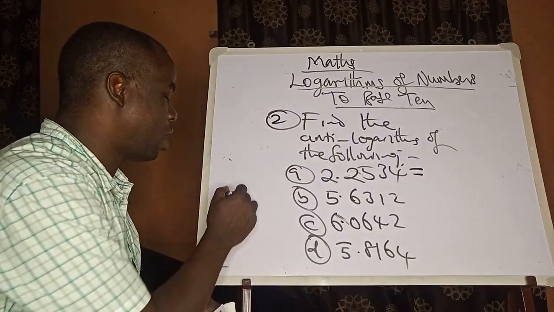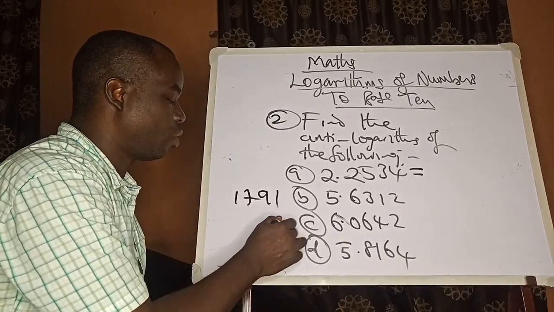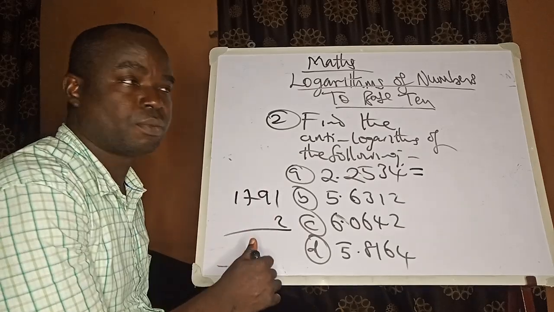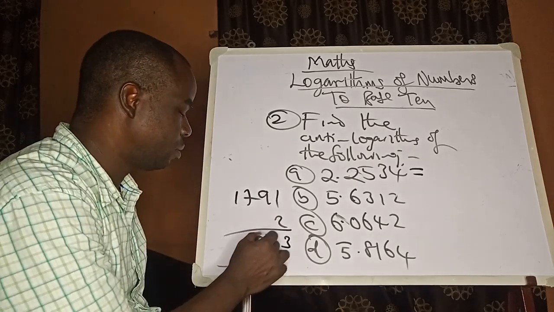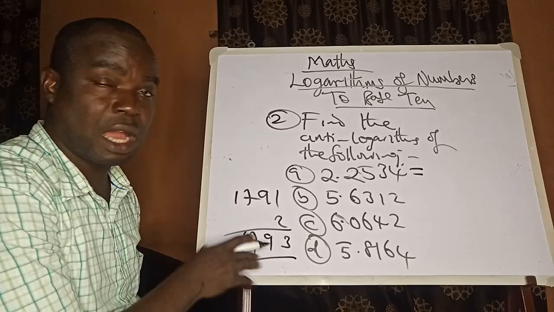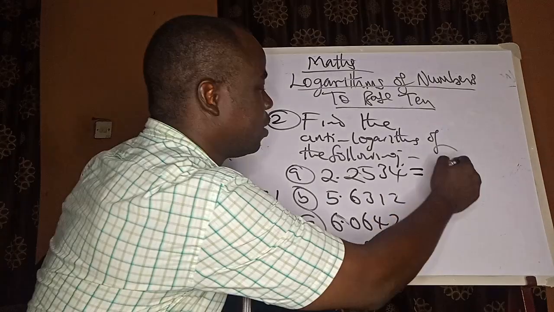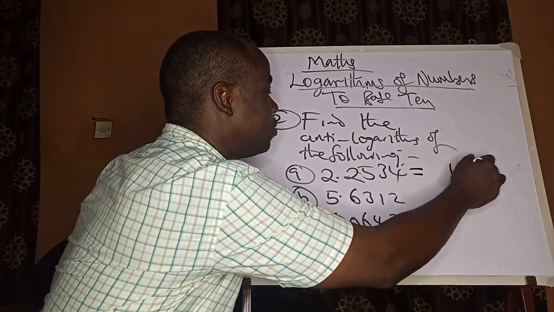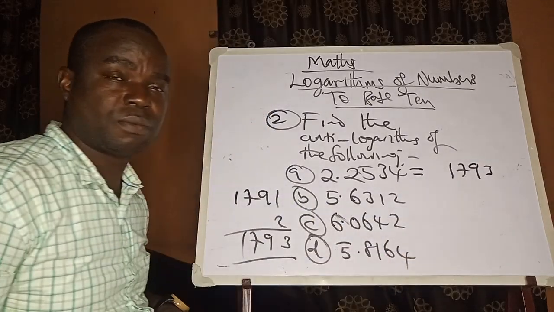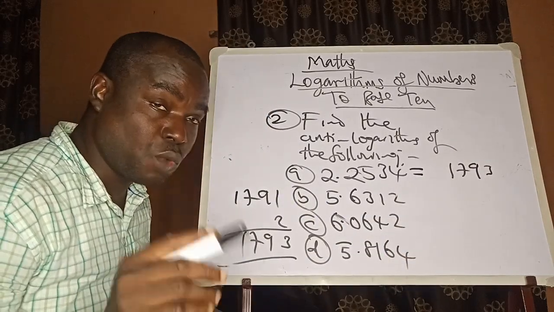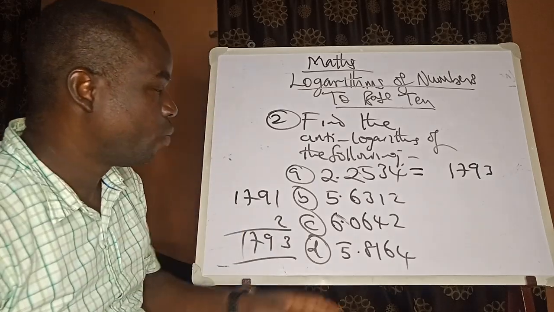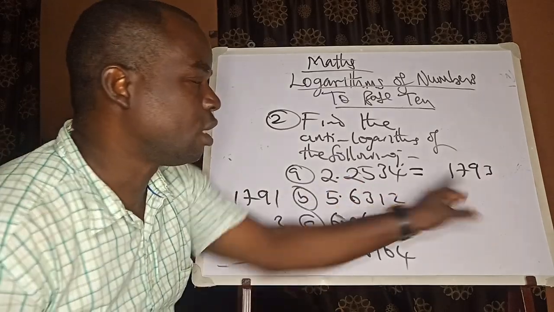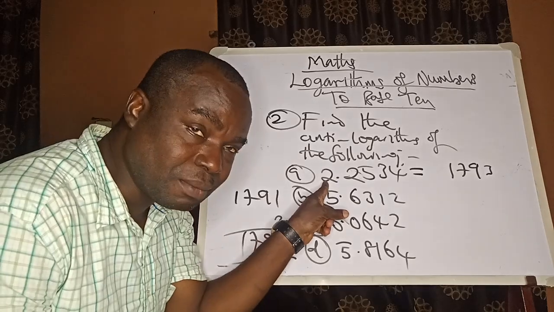So I have 1791 plus 2. Add them up. 1793. Just write it down. Take note of where I'm explaining it now. 0.25 under 3 difference 4. This is it. Now this number you are seeing here,